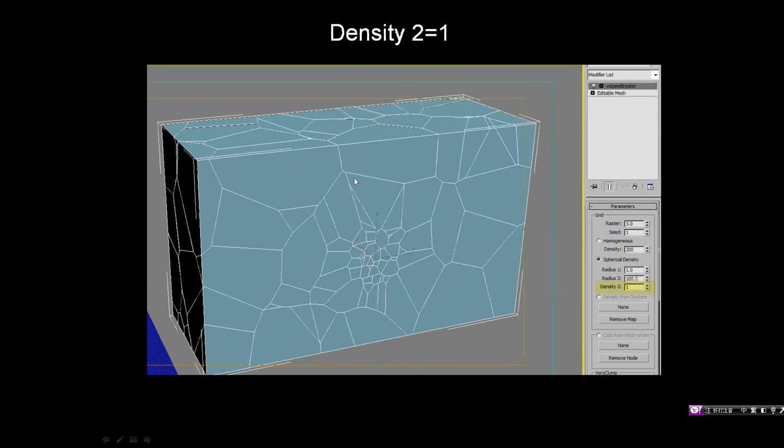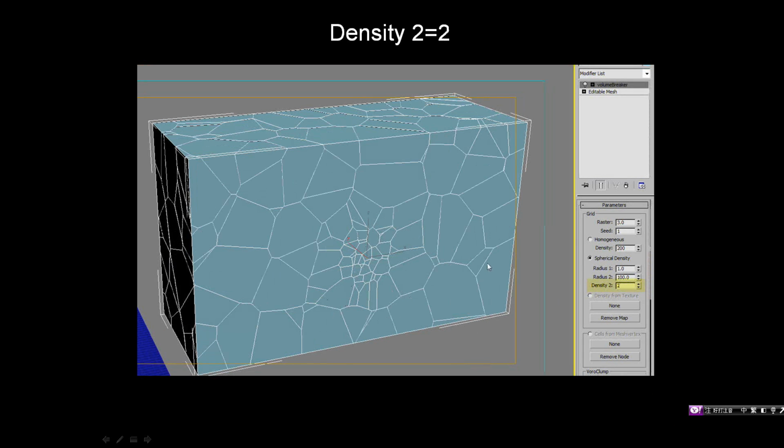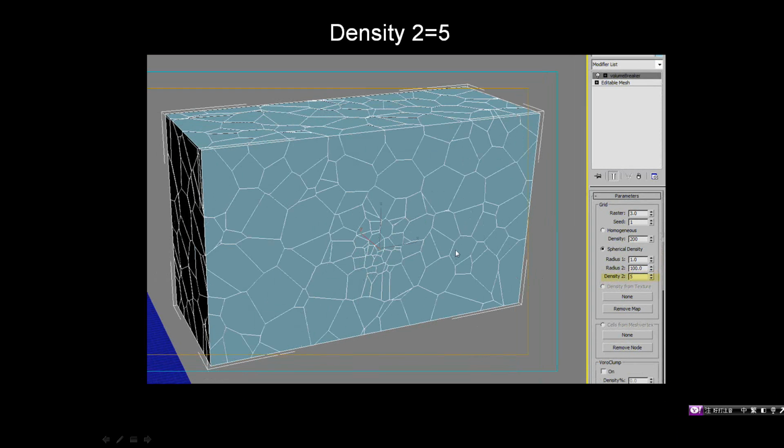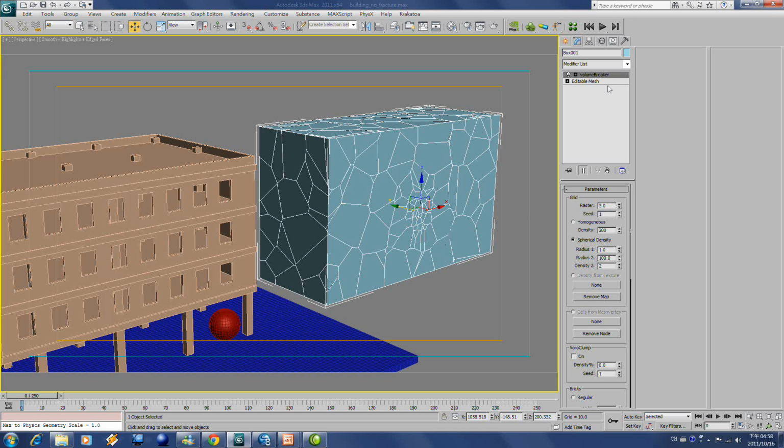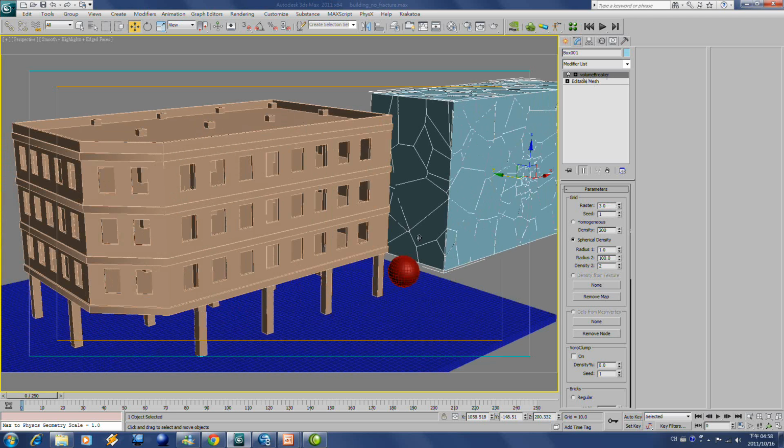And let me explain another parameter, the density 2. This is when radius 2 is equal to 100 and density 2 is 1. This is when density 2 is 2. This is when density 2 is 5. So you can see basically density 2 is the area behind the radius 2. Once we are satisfied with all these parameters for the Volumebreaker on this simple box, we now